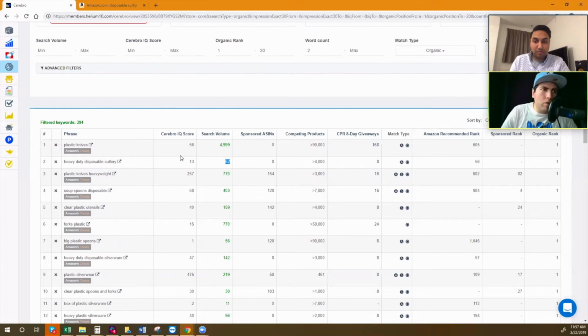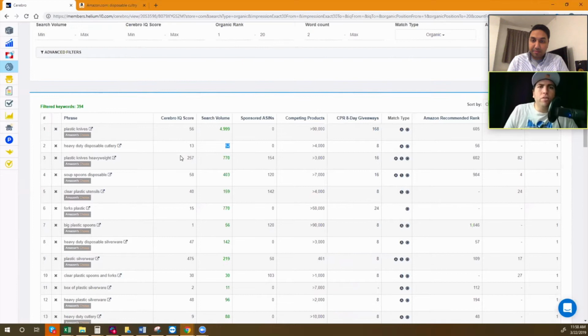So here's another question. This might be a relevant keyword, but are they getting a big chunk of sales from being ranked 1 for heavy duty disposable cutlery? Probably not. And why not again? There's hardly anyone searching for heavy duty disposable cutlery. Exactly. Not many people searching for it. So maybe everybody sees their product, but they're not getting a big chunk of sales, 180,000.